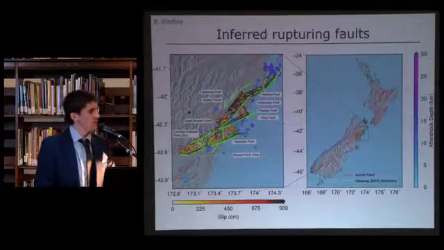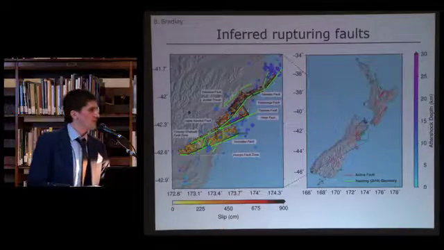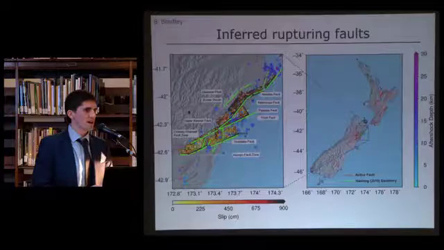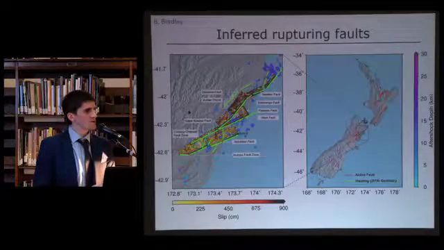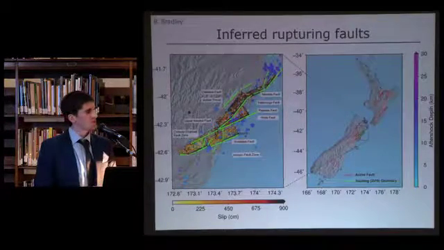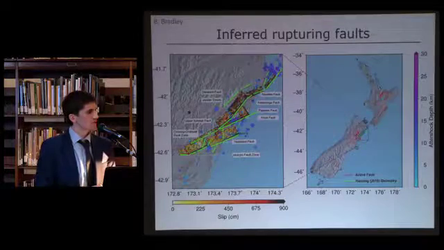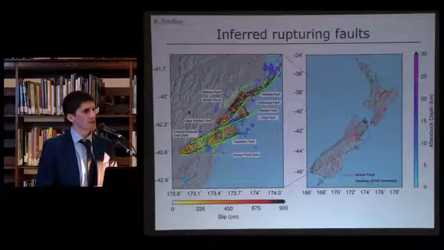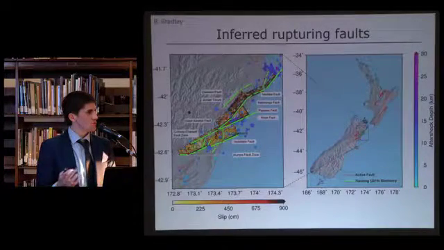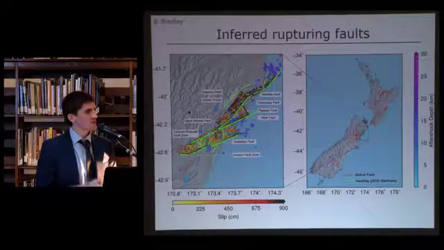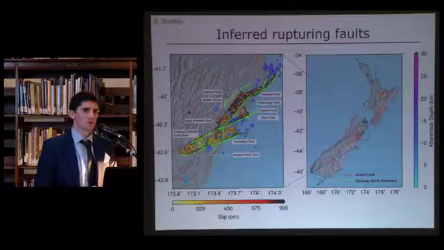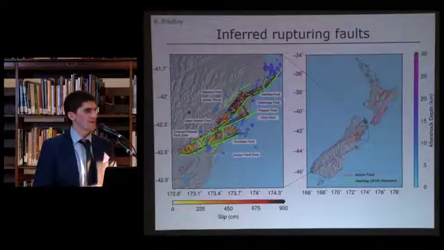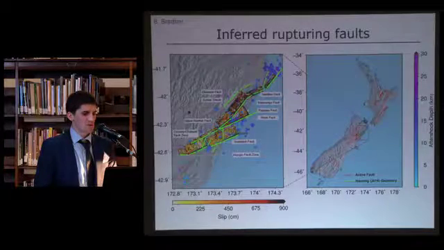So based on all that information, from evidence of surface rupture offsets, some remote sensing and satellite data, as well as the strong motion records, this is some current interpretations of what the fault looked like, shown there on the left. And particularly when looking at each of those fault segments, the yellow through black colour indicates how much slip there was on the fault, and as I alluded to earlier, displacements on the order of 10 to 12 metres across some parts of the fault at some depth below the surface.